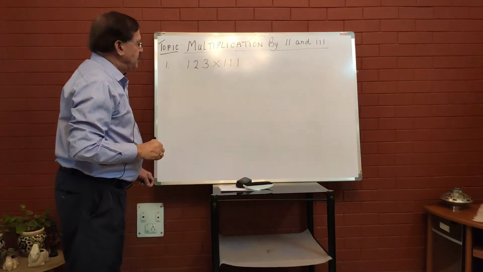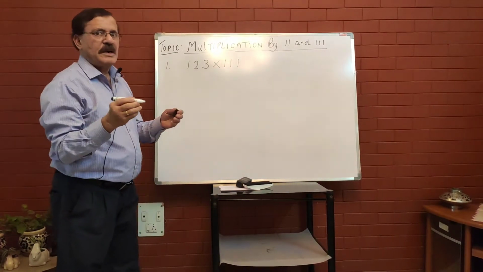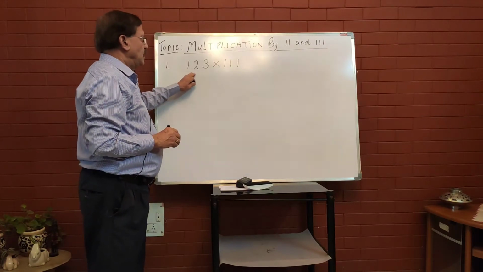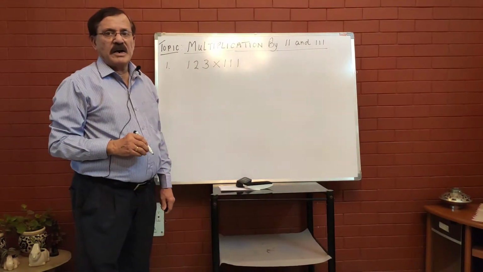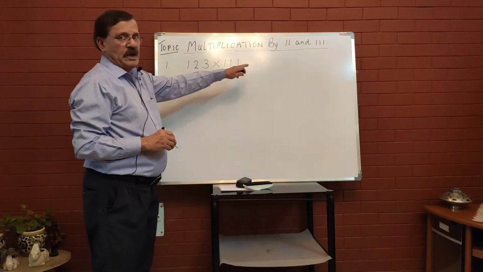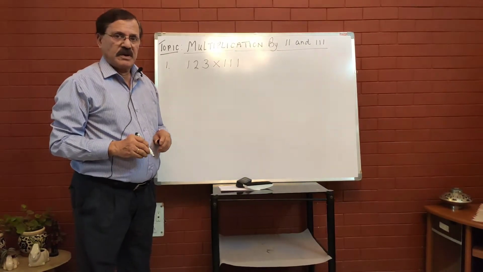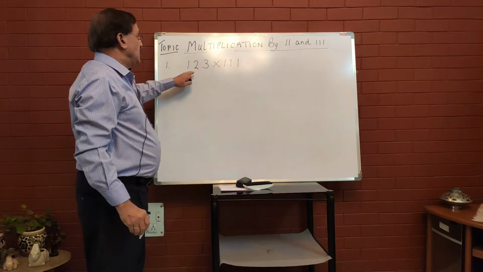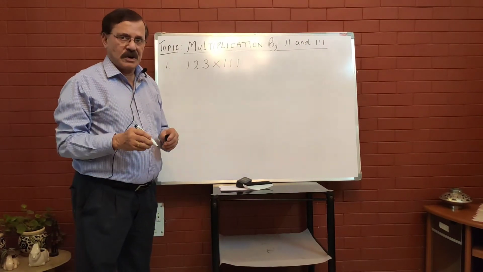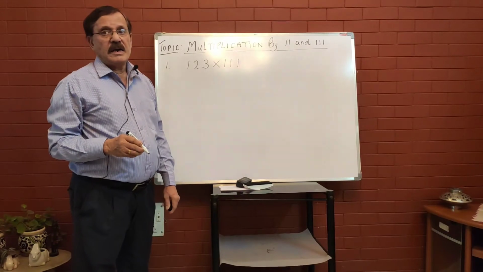Now over here the dividend is 123. As I told you, I have taken a simple number so that you will understand the concepts involved. So 123 multiplied by 111. The divisor contains how many ones? 1, 2, 3. And the dividend also contains 3 digits. Later on you will see the dividend will contain 4 digits, 5 digits, 6 digits and so on, right? But the divisor will be 111.